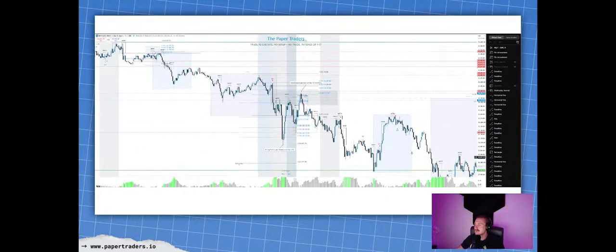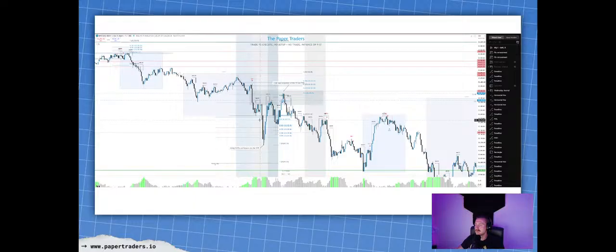As price is going into that New York session, 9:30, we are opening up and immediately running to the downside here, tapping into the 618 of that actual range. Then off of this 618, we see a bounce back up into the upside. You can see we then come into this 15-minute fair value gap that we reject back to the downside.